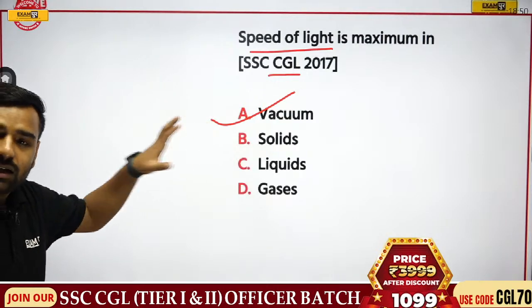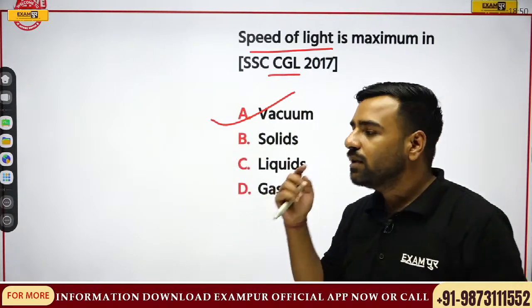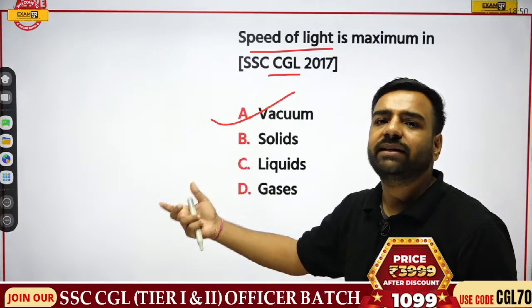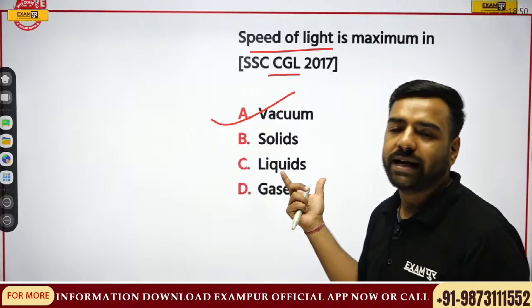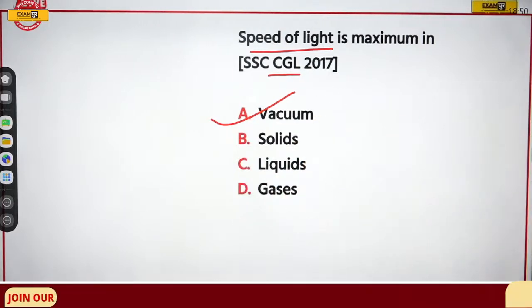But if I talk about solids, the concept becomes opposite. That is, in the solid, the speed of sound would be maximum, then liquid and then gases, and sound cannot travel in the vacuum. But in the case of light, it's totally different. So yes, speed of light is actually maximum in the case of vacuum.